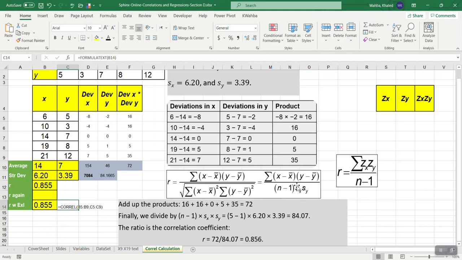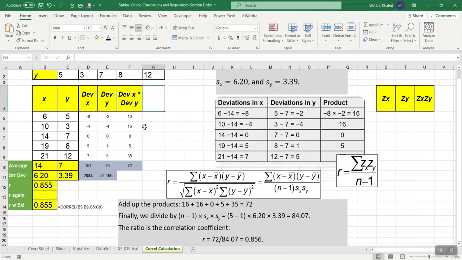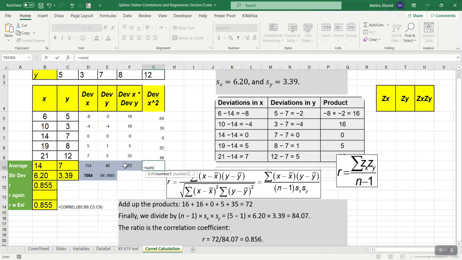I showed you this one, and we can do this one as well if we want. Basically I need to square each value and then take the summation. I'm going to take here dev x squared. All I need is to take this value, square it, apply it for all values, and take the summation. So let me take the sum of all these values,